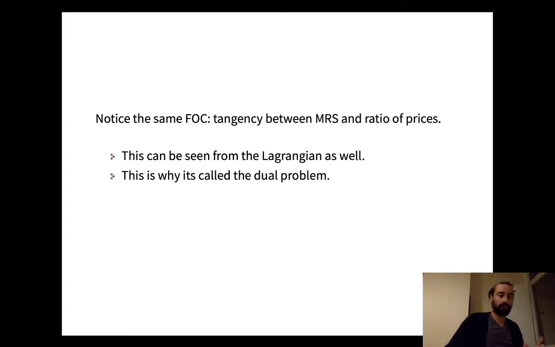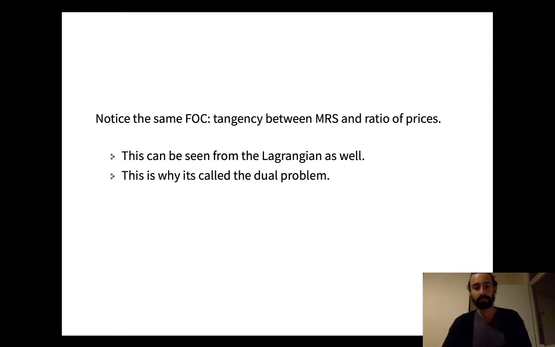Okay, so we just saw a graphical interpretation that the solution to the Hicksian demand is given by the same tangency between the budget line and the indifference curve as the Walrasian demand. That means it's the same equality between the marginal rate of substitution, which is the slope of the indifference curve, and the ratio of prices, which is the slope of this budget line. So we saw a graphical reason why the same tangency holds, but we can look at it from the